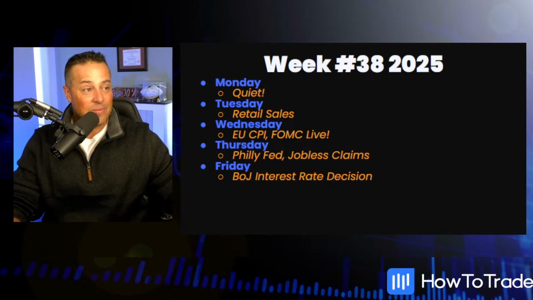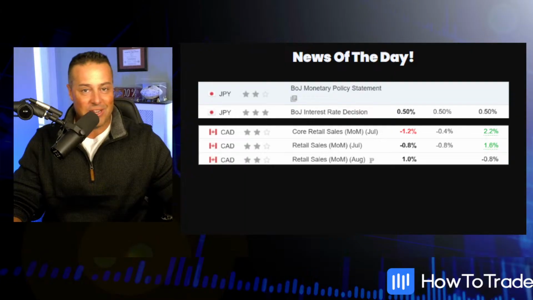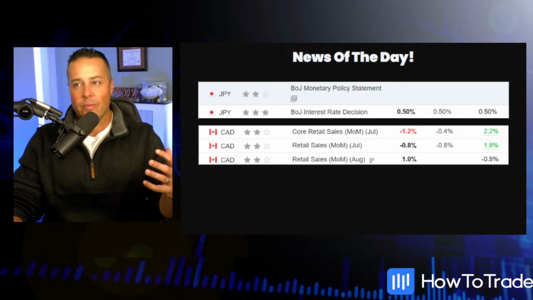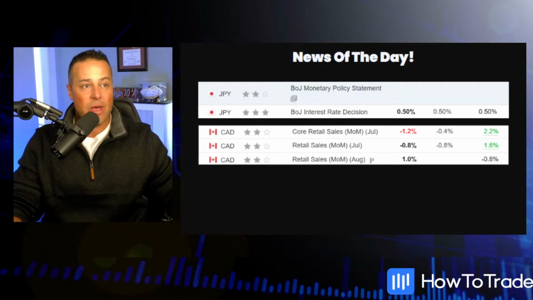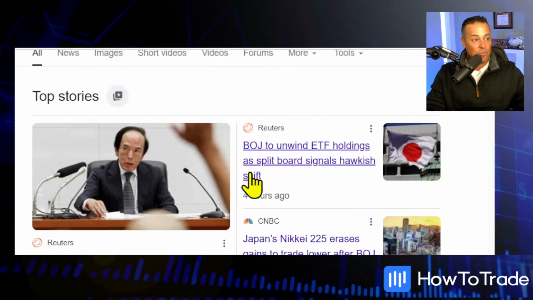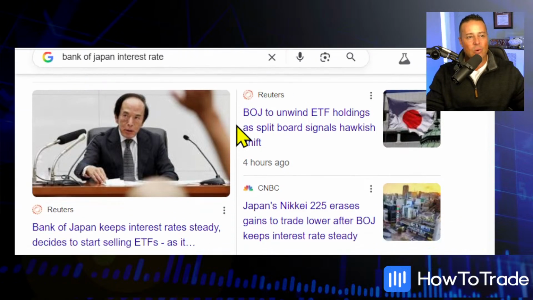I was surprised. All right, so week 38 right here, BOJ interest rate decision. We definitely need to talk BOJ. So what happened? The BOJ held rates steady at 0.5%, a fascinating look at a bank that wants to cut interest rates. They just can't figure out a way to do it responsibly without crushing the yen. They like the yen where it's at, but they'd like it a little bit weaker, I think. So how are they going to weaken the yen?